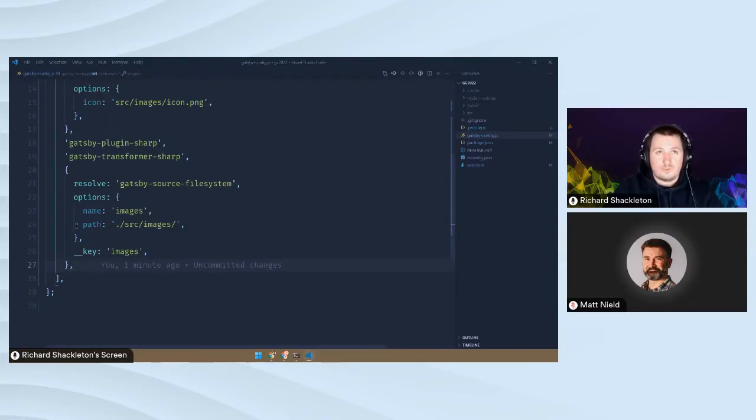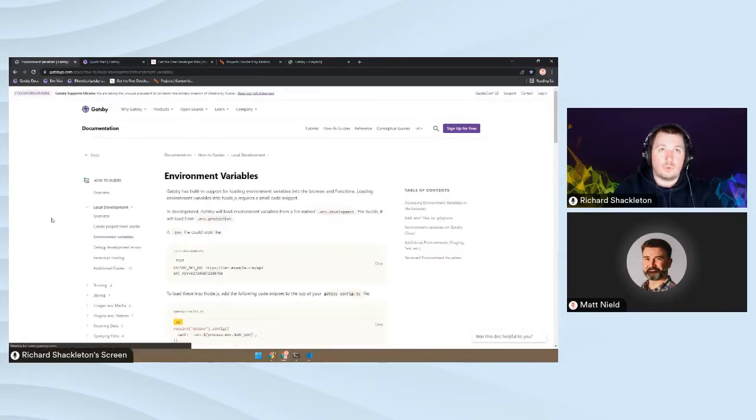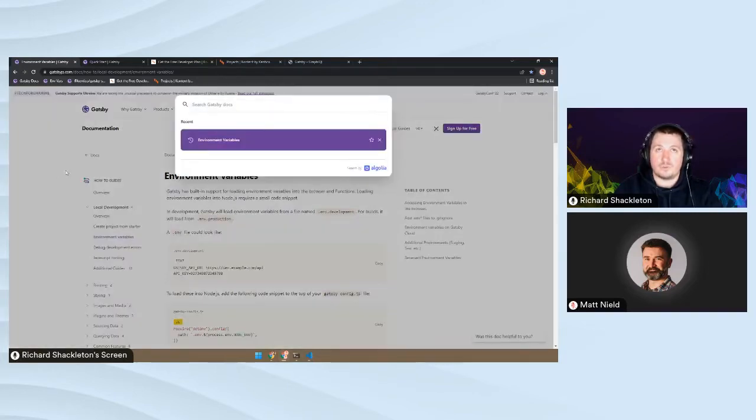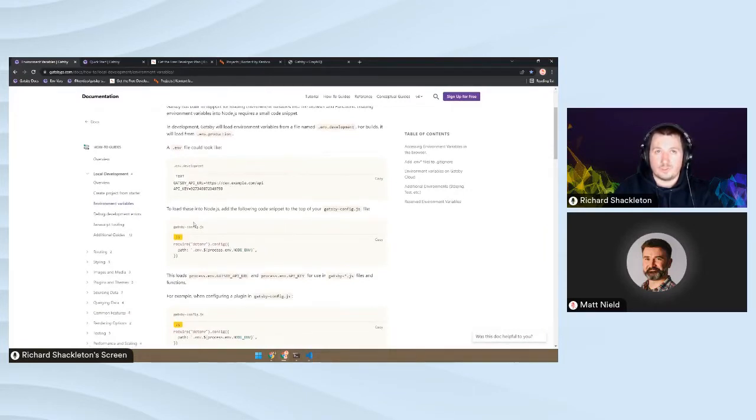So again, if we're adding a new plugin into here, if you're bringing any configuration that needs to be protected or is potentially sensitive information, then you're going to want to include that in environment variables. In order to do that, we can go to the environment variables page on the Gatsby documentation. I've just searched for environment variables in here, and this will give you a quick intro into the specifics, but what we really need to know here is